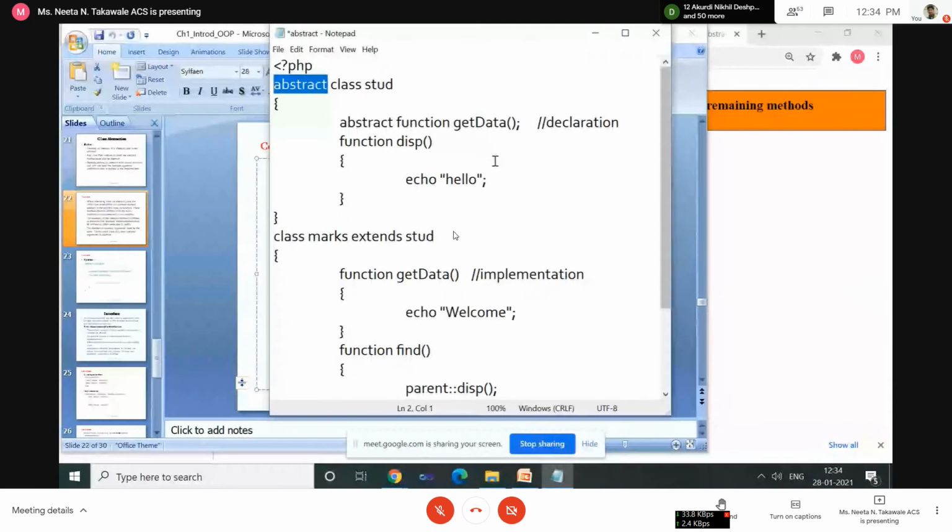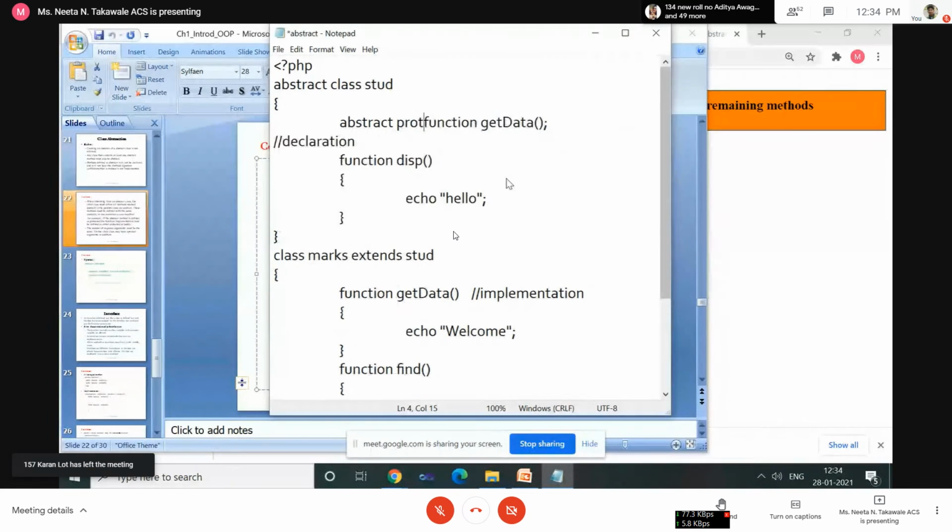Now here, what is the meaning of the fourth rule? If you declare this function using the protected keyword, okay?